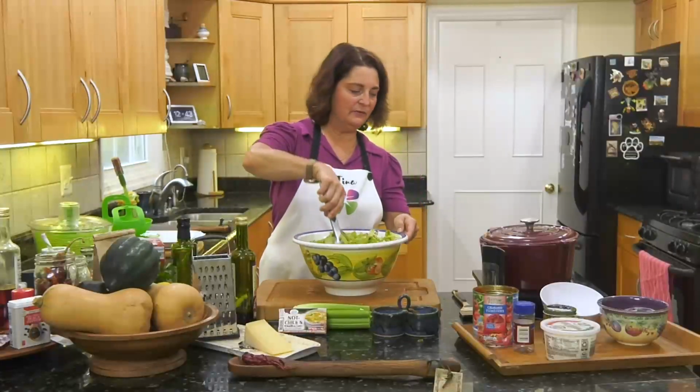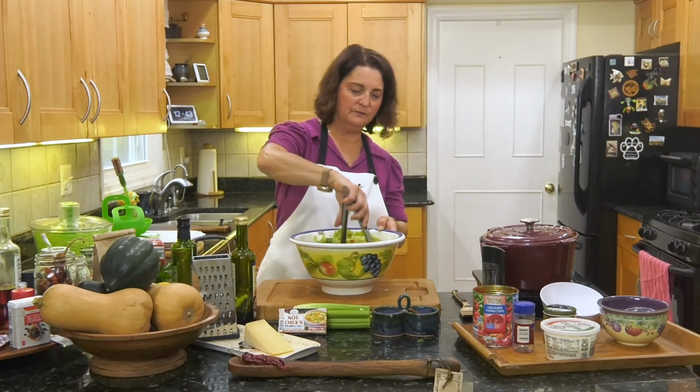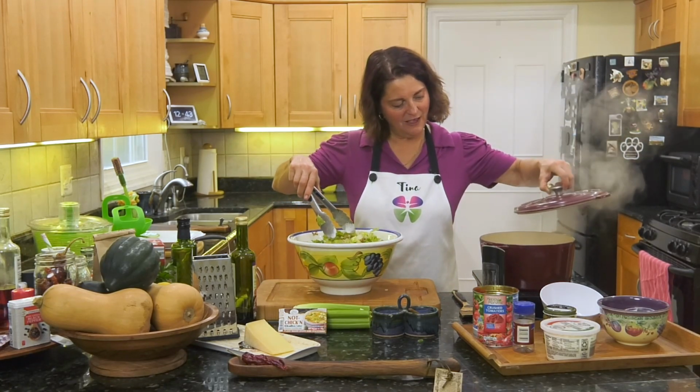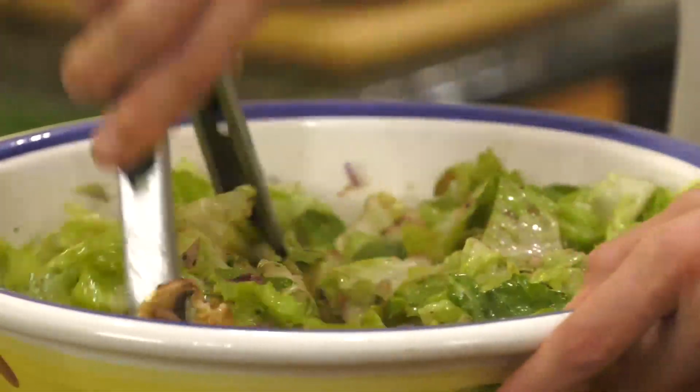You're going to taste it to make sure, oops, this is boiling, so it's going to go a little lower now. Okay. Yay, rapid boil. I just turned it low. You're just going to keep mixing here,